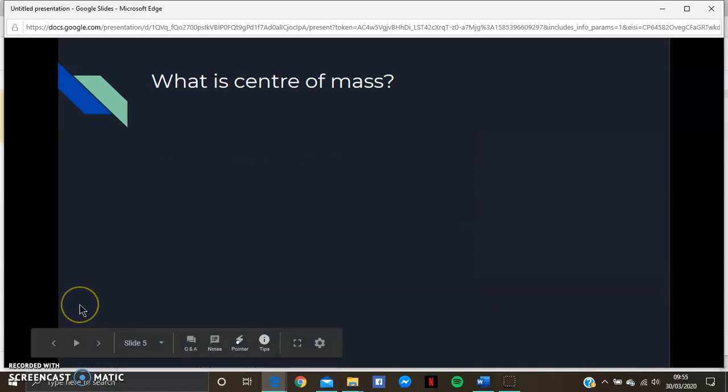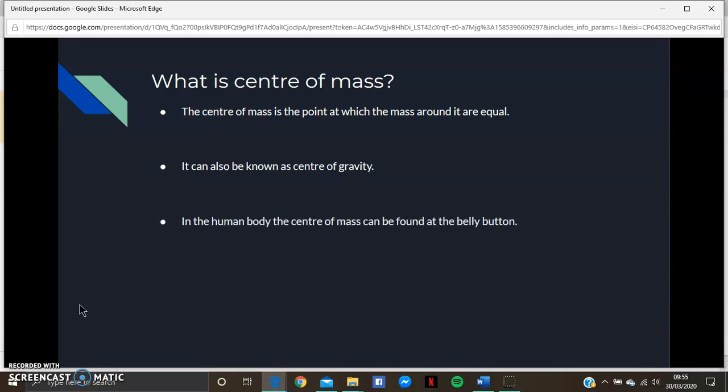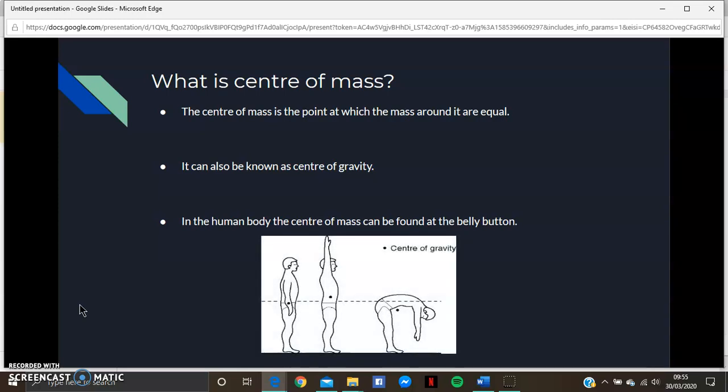What is centre of mass? Centre of mass is the point at which the mass around it is all equal. This can also be known as centre of gravity. In the body, a person's centre of mass is around their belly button. However, when they move their arms upwards,